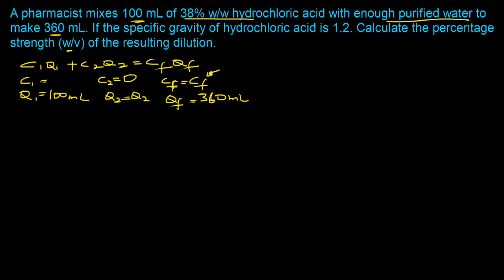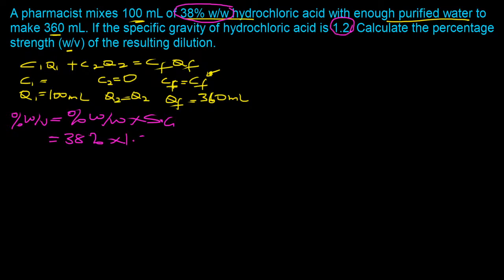But the main task here, once again, is to go ahead and convert percentage weight by weight to weight by volume. So we make use of the equation percentage weight by volume of the concentrated acid is equal to percentage weight by weight times the specific gravity. And that is equal to 38% weight by weight times the specific gravity, which is 1.2, and that is equal to